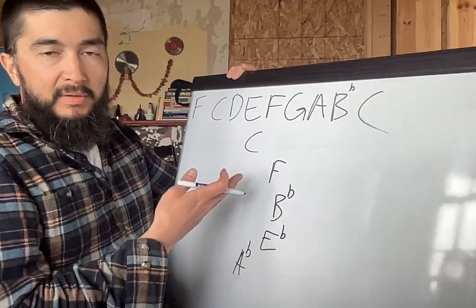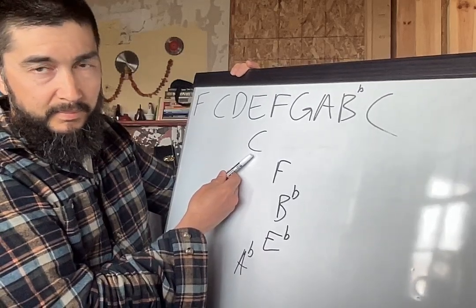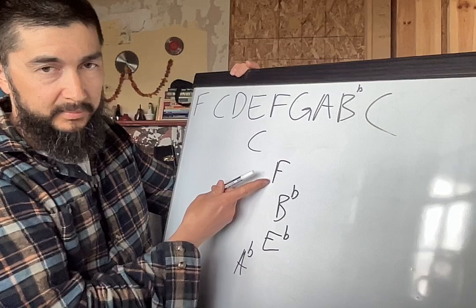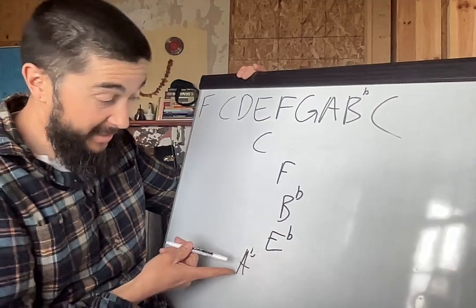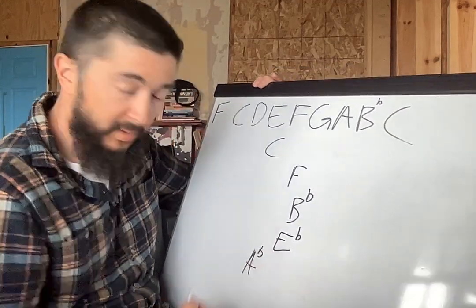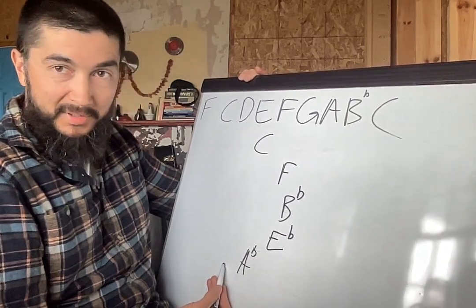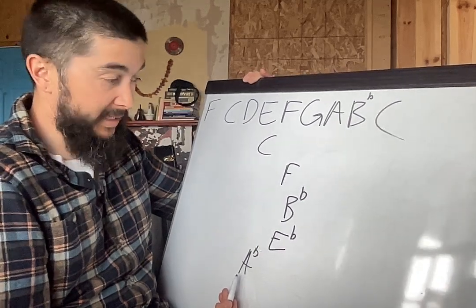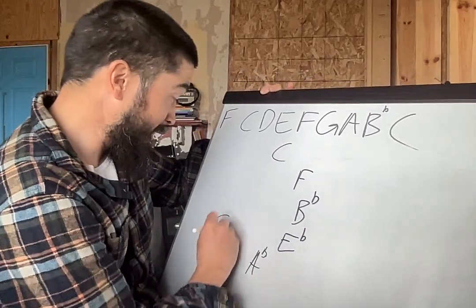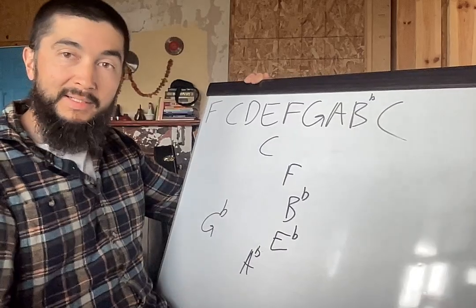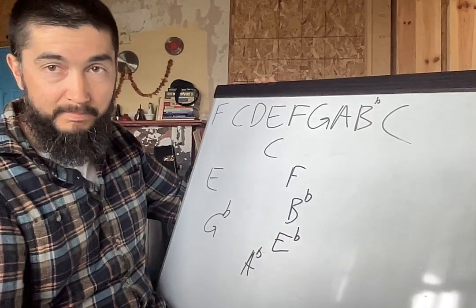I'd also like you to look for larger patterns. C, if we skip this note, goes down a whole step to B flat. B flat, if we skip that note, goes down a whole step to A flat, right? We can imagine that whatever the next thing that happens here, A flat is going to go down another whole step, right? It goes C, down a whole step to B flat, down a whole step to A flat, down a whole step to G flat, right? Down a whole step to F flat, which is the exact same thing as saying E. We may as well just say E. It's going to go down a whole step to D,